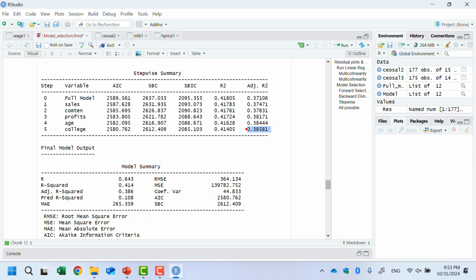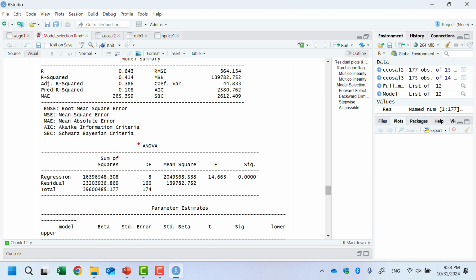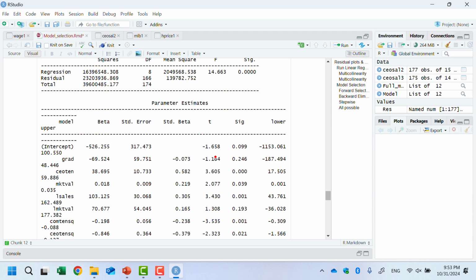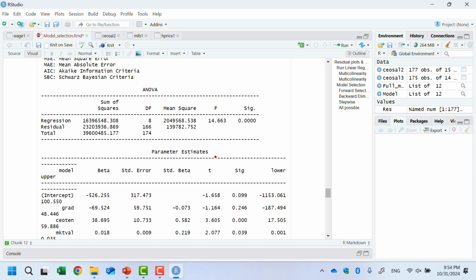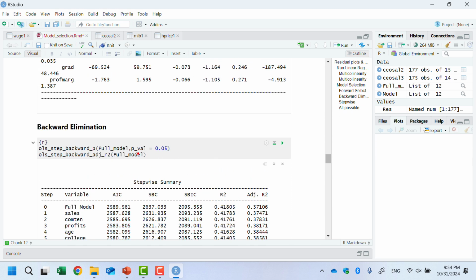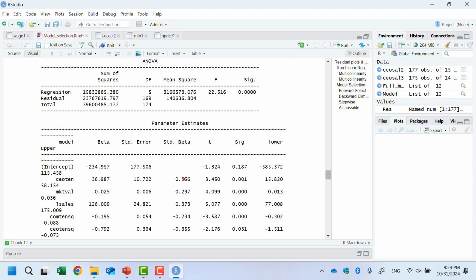This is the highest R square. If you drop another one, adjusted R square goes down. That's why it stopped here, dropping only 5. So it has an 8 variable model, because that maximizes the adjusted R. So depending on the method and criteria, you will end up with a different model.